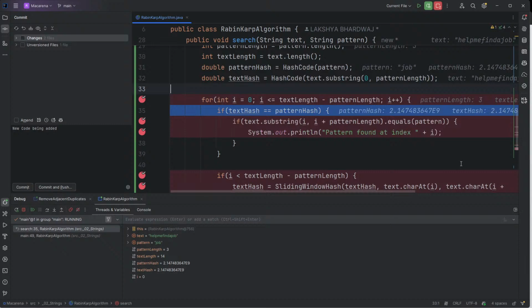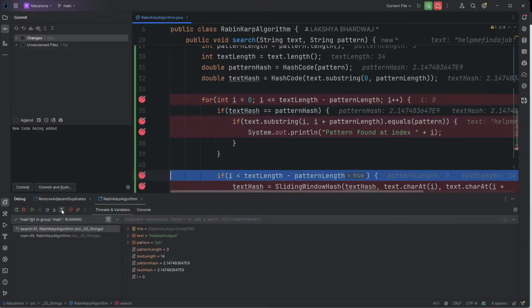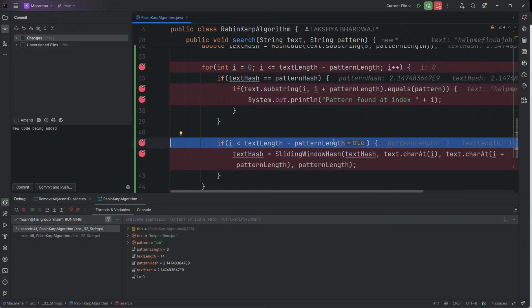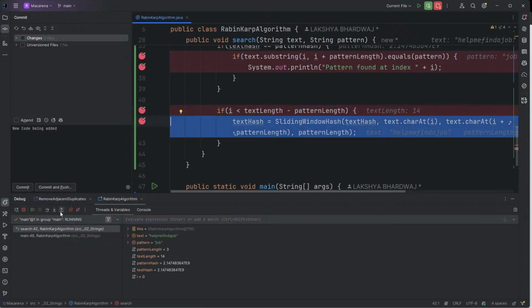If text hash is equal to pattern hash, then you know what? Then text length, then text hash is